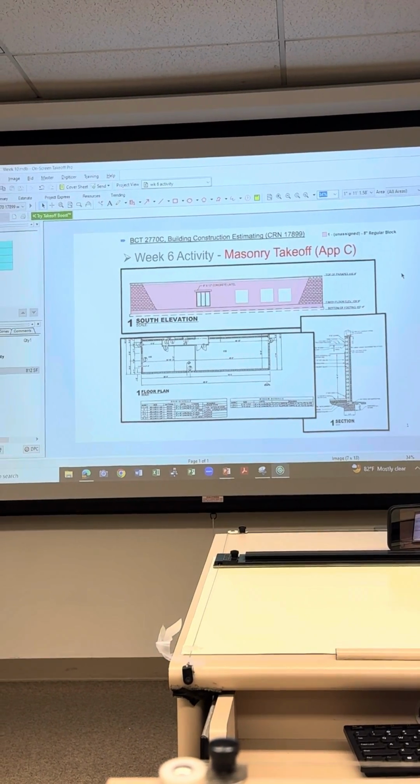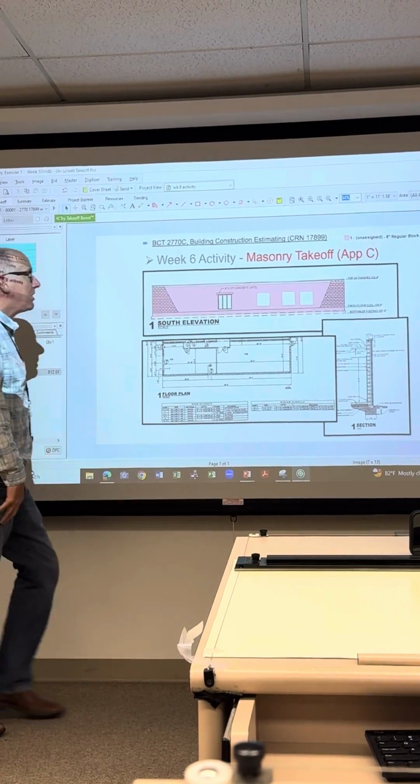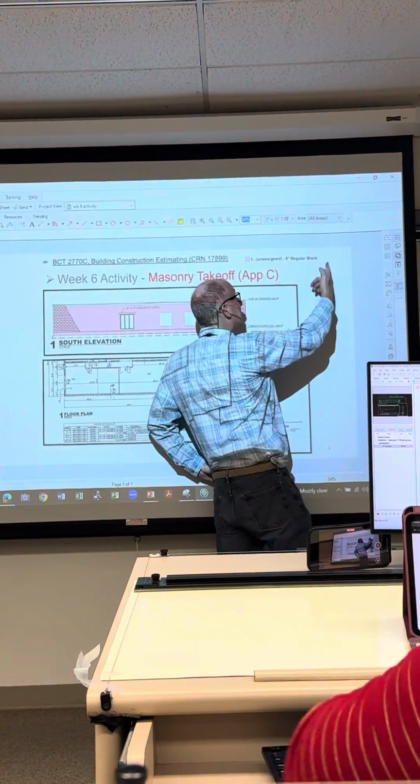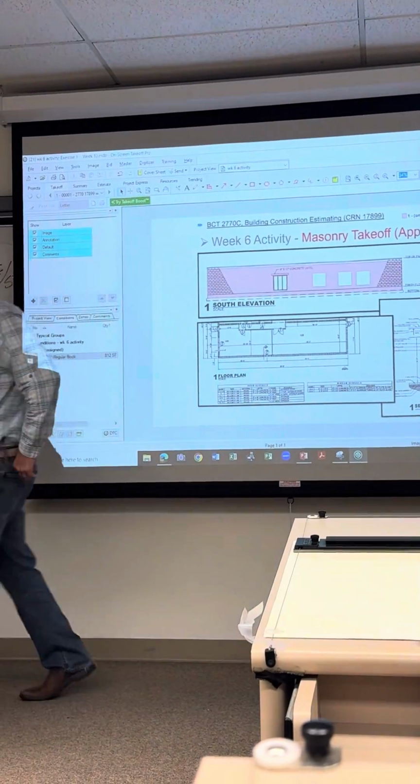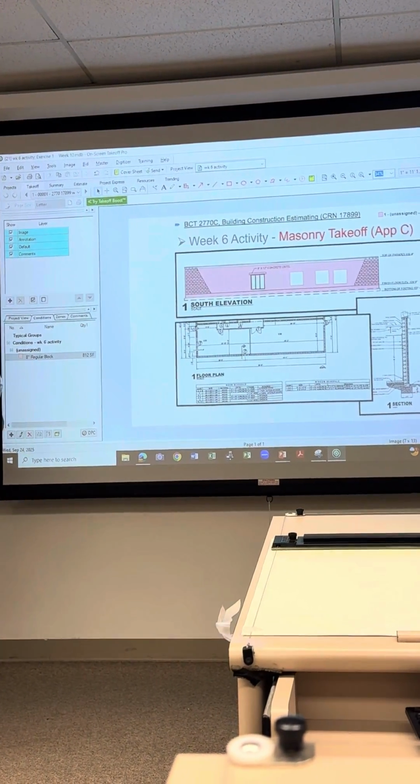What's interesting here is that legend, when we add it, notice there's no quantity shown on mine, because I played around before class. If you want to customize your legend,